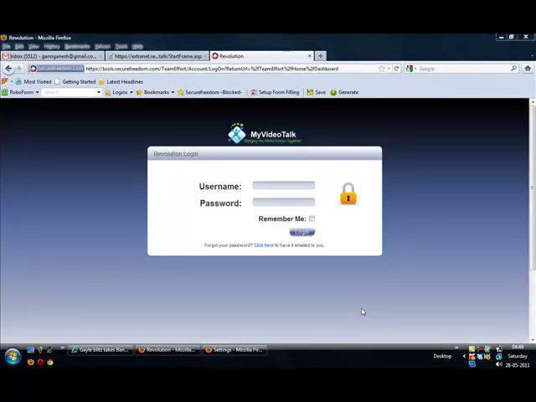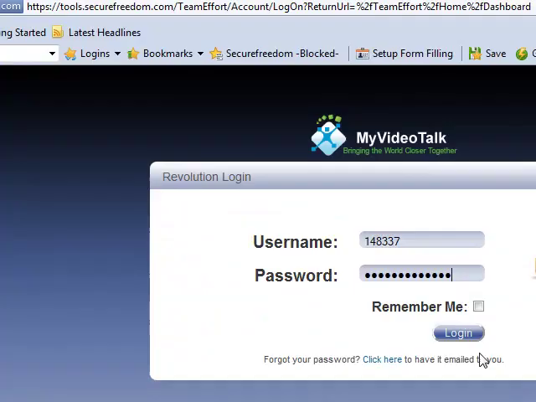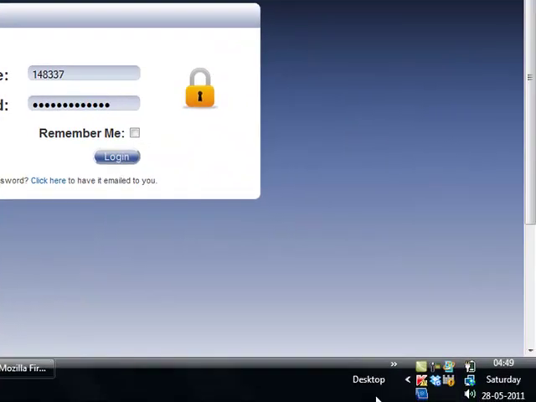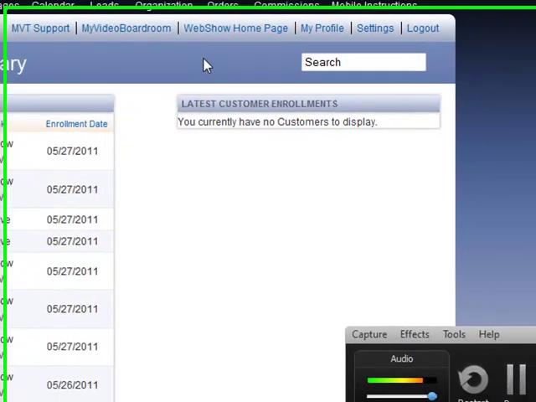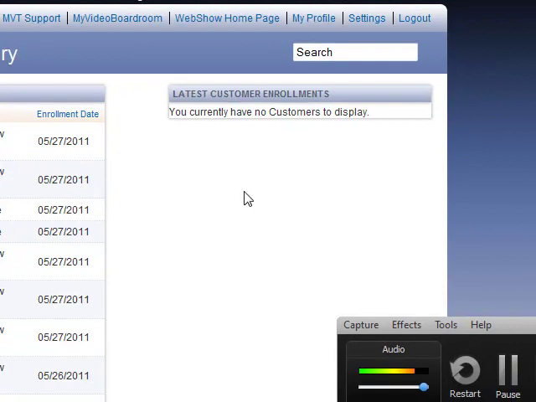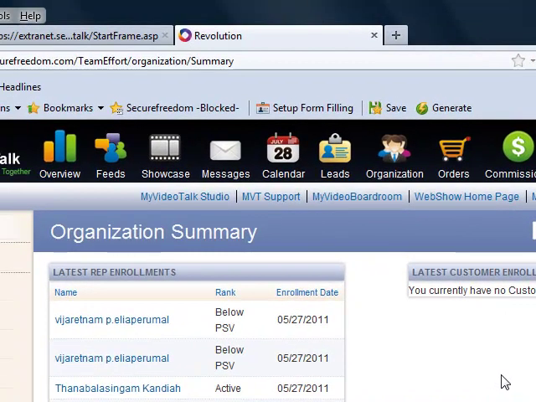You get into the login page where you have to put the ID number and password and click login. Change the placement setting. Placement setting change is important because of where you want to place that person, assuming that you got some 10 people on your left side and you want to put that person on the right side. The default will be on the left side. You have to change it to right side.